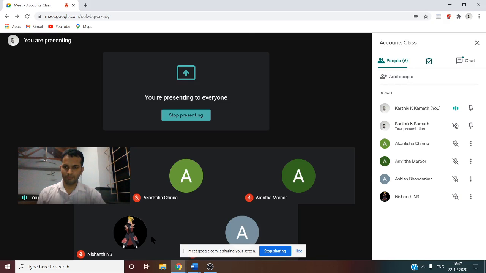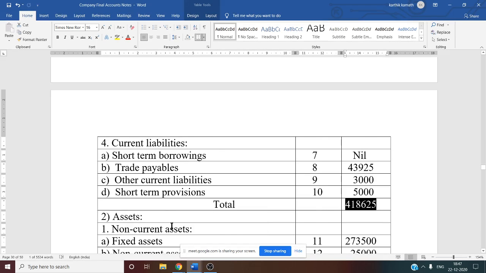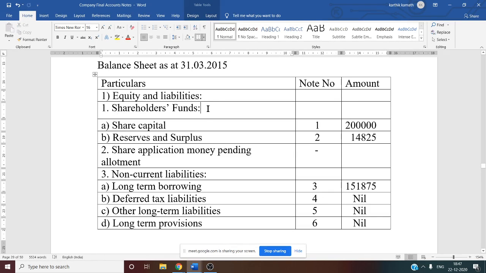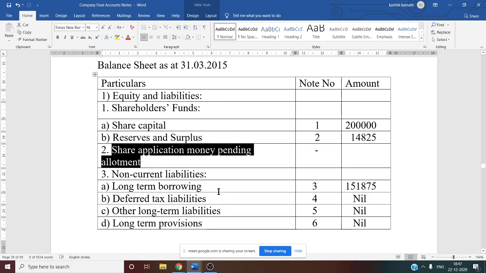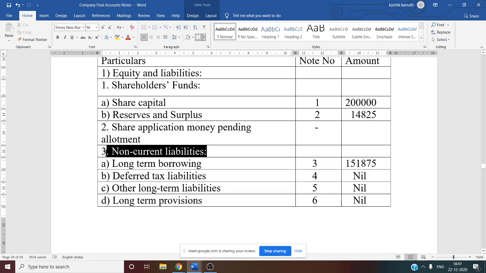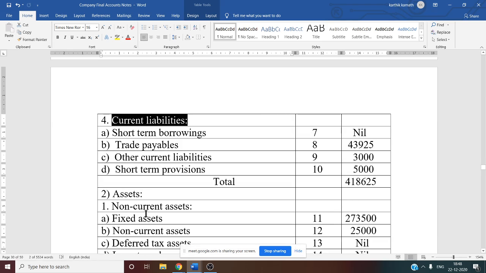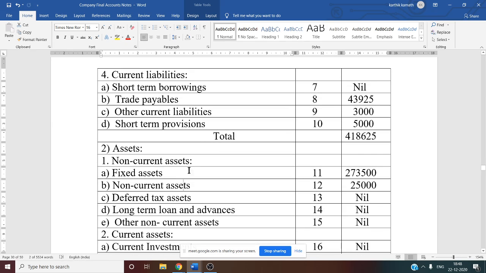So now let us see asset side or asset information. Under asset there are major 2 points. So liability, what 4 points I have told, see this. First one, shareholders fund is main one. Then the second thing is about share application money pending allotment. Third one is a non-current liability. Fourth one is current liability. So four major points are there. Similarly, if you see the asset, there is a non-current asset, and second one is current asset. Under non-current asset there are 5 working notes. Under current asset there are 6 working notes.